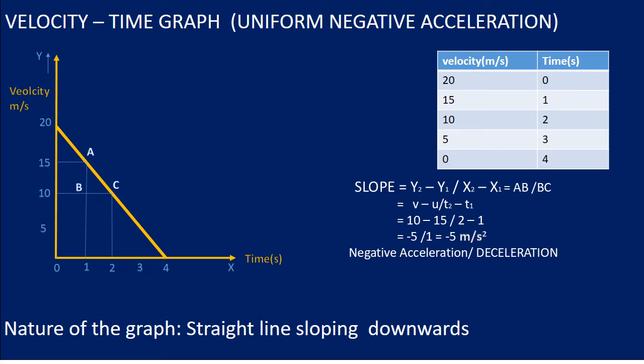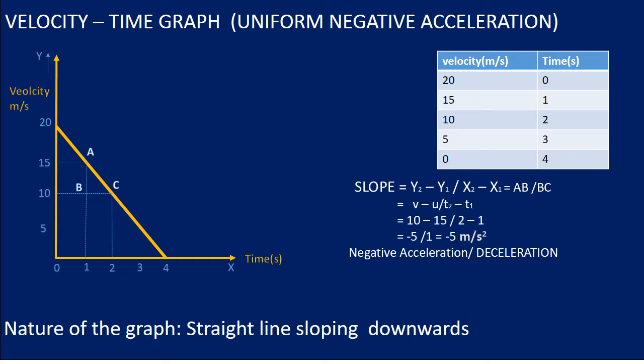So let us plot the VT graph for it, the velocity time graph. Time is taken along the x-axis and velocity along the y-axis, and when we plot, we get a graph like this. So you know what the two uses of a velocity time graph are? We can calculate acceleration and also we can find out the displacement in a particular time interval. So let us find out the acceleration or the deceleration that has occurred to this particular object between the time interval 1 to 2 seconds.